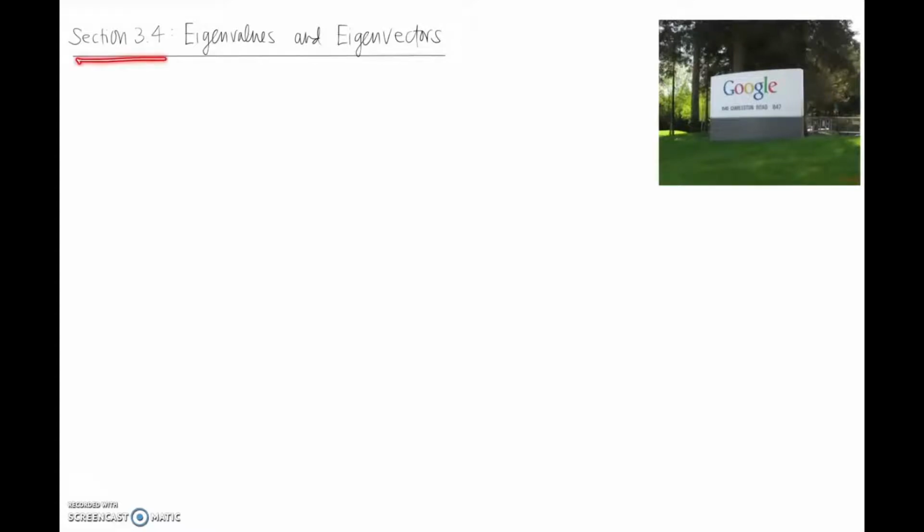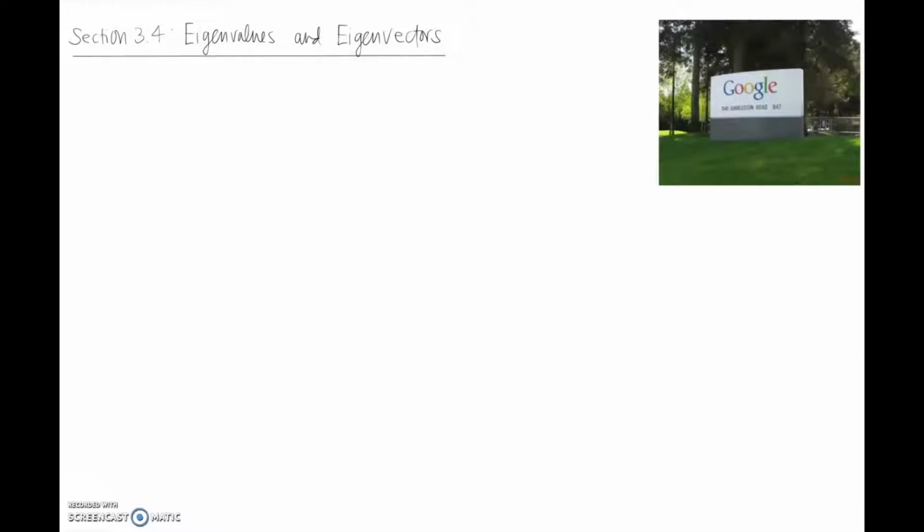We're now in section 3.4. We're making a lot of progress. Chapter 3 is going to close out with section 3.4 and 3.5, and both sections talk about eigenvalues and eigenvectors. Here we're going to introduce the idea, and in the next section, the last section of chapter 3, we're going